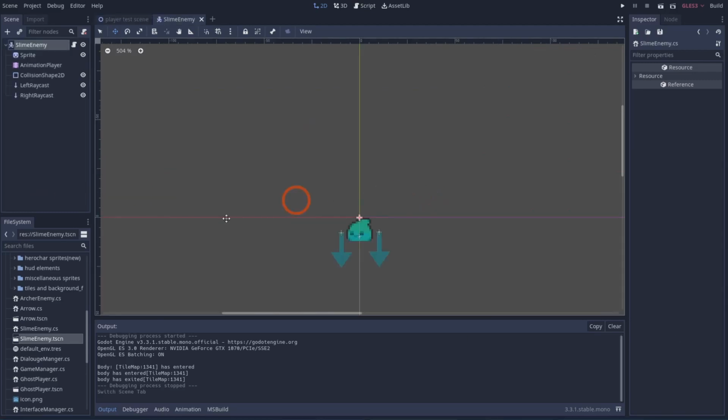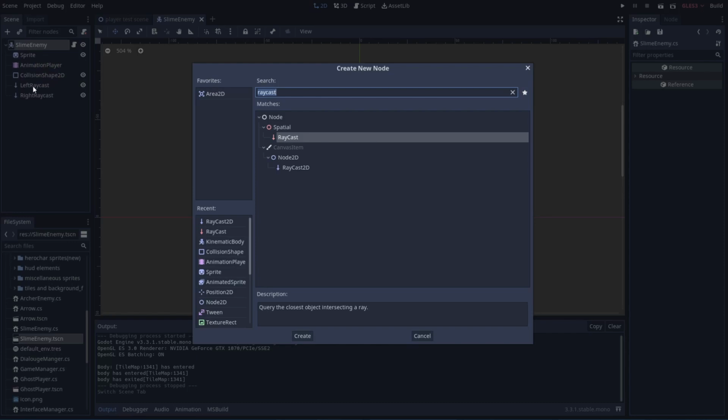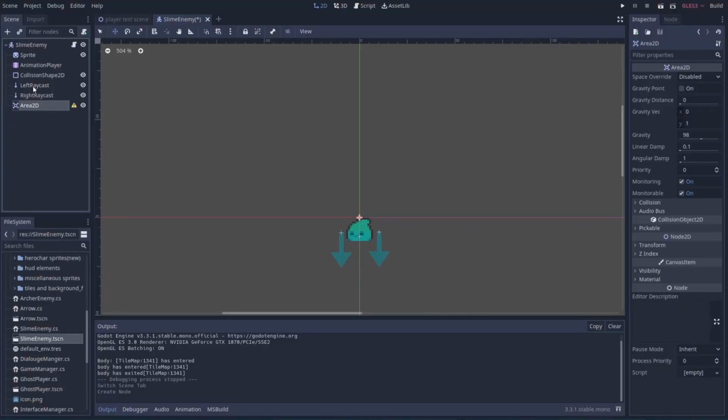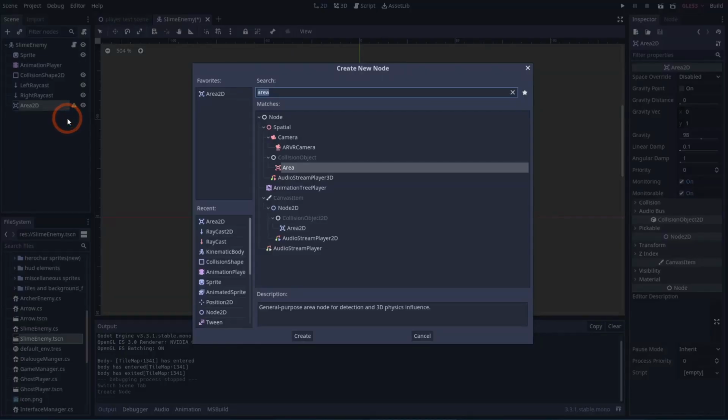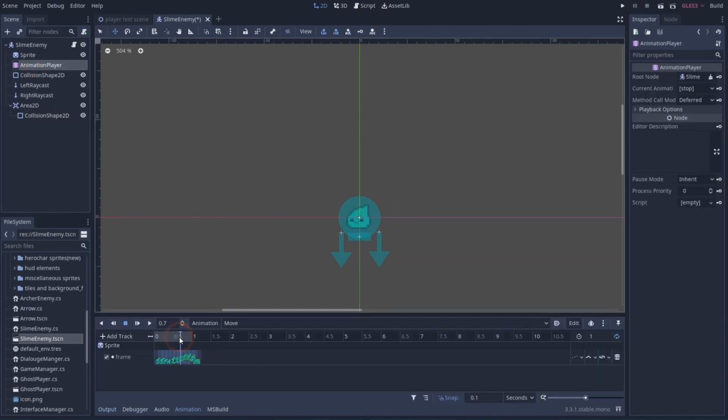So let's go ahead and go into our slime enemy here, and then right click and attach a child node. Let's add in an Area 2D, and we're going to right click and add in another child node, a collision shape 2D, and make that into a sphere. Now let's drag that out to be something like, I don't know, let's see, if we go to our animation player, we have him jump up.